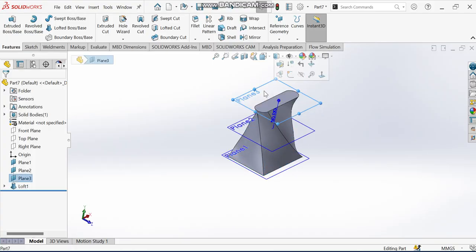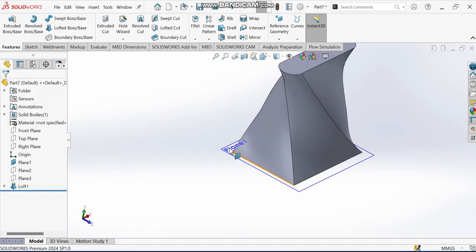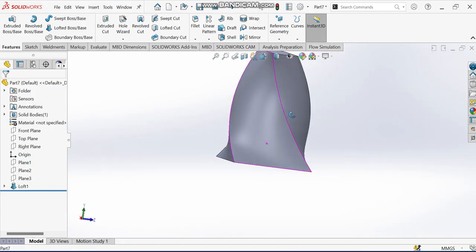Now let me close the plane. I'll hide it up. So this is for Lofted Boss